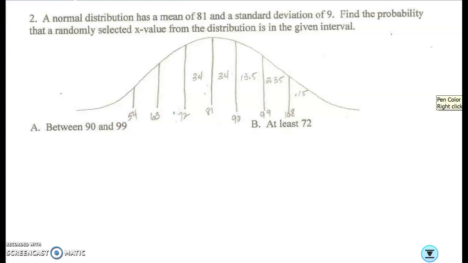the questions. The first question says, what is the probability that the numbers fall between 90 and 99? So you have your number 90 here and 99. This is two standard deviations from the mean. So in that little section of the standard curve, that would be 13.5% of the data fall between those two